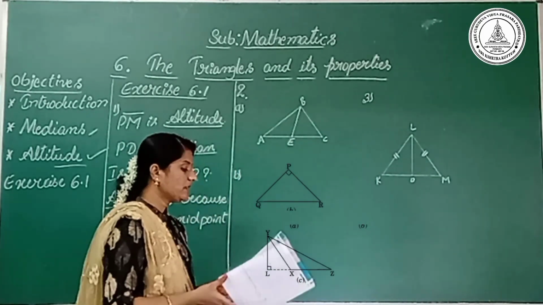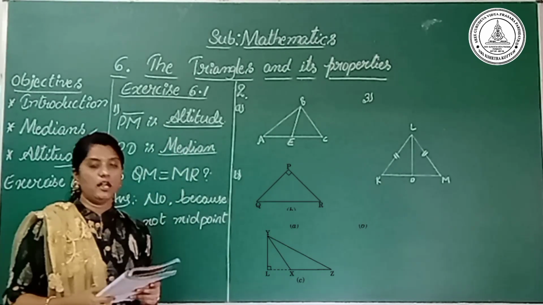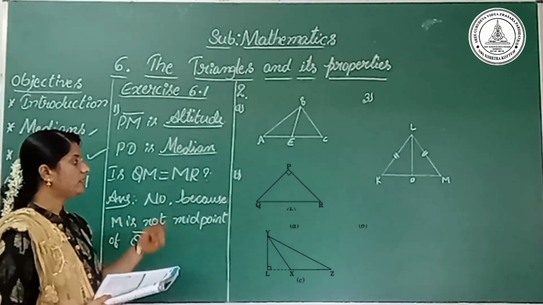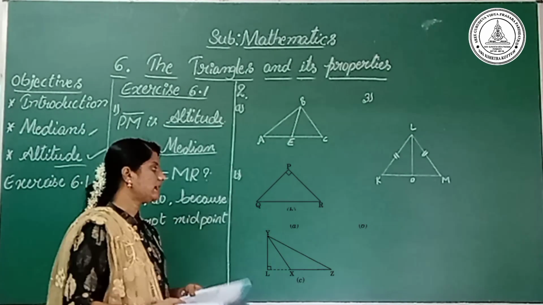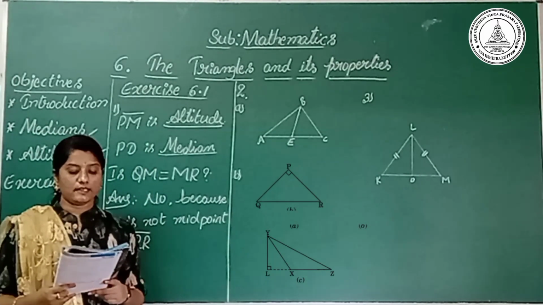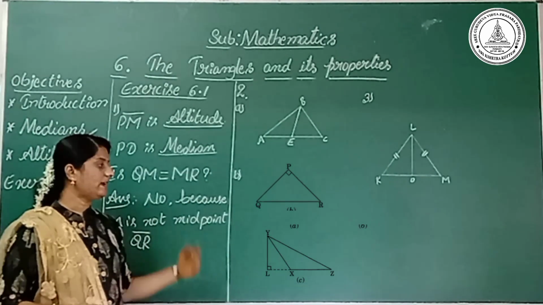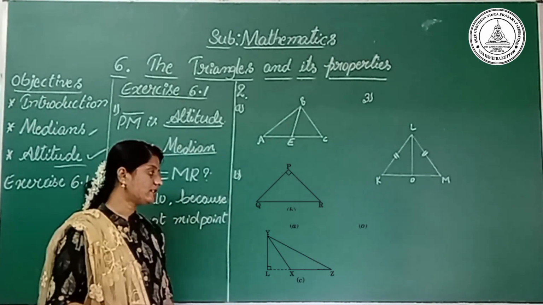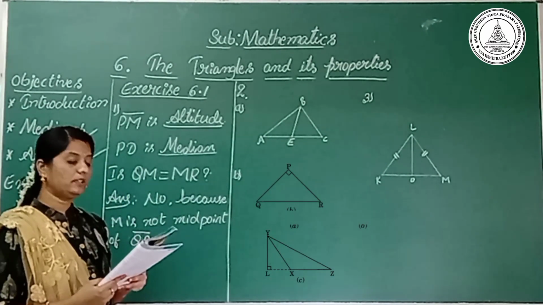The second one is to draw triangle PQR where PQ and PR are the altitudes of the triangle. Then the question C: in the triangle XYZ, YM is an altitude in the exterior of the triangle. So here YL lies in the exterior of the triangle and it is the altitude of the triangle.